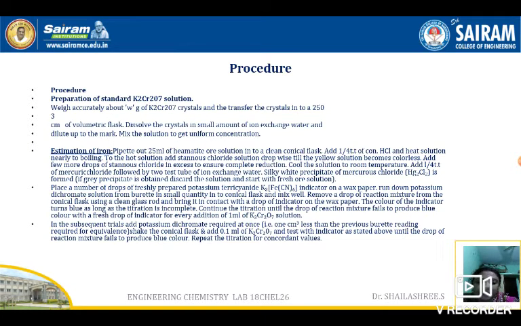The first trial is a trial and error method. What you have to do is first add 5 ml to the conical flask. You will mix well, take one drop from the conical flask and put it on the indicator drop. You will get blue color. After adding 5 ml, you should keep on adding 1 ml, that is 5 to 6 times. You will mix it well, take one drop from the conical flask and put it on the indicator. You will get blue color. So you keep on adding 1 ml until you get the end point.